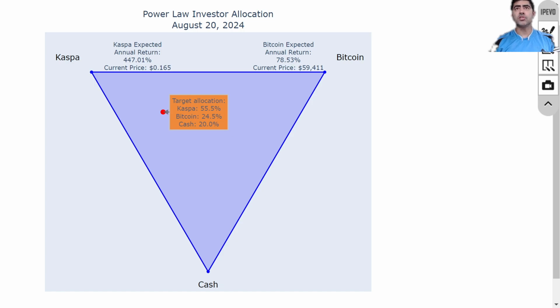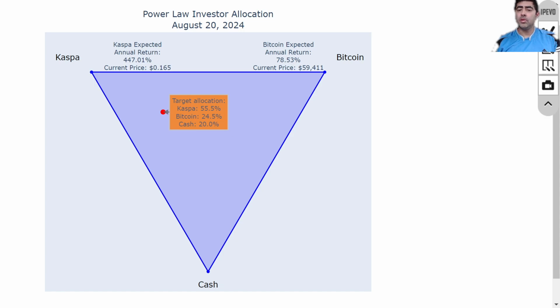Today is August 20th, 2024, and we'll be talking about the allocation into different crypto assets that follow the Power Law, assuming that we're investing about $100 a day, and we'll be tracking the performance of that crypto portfolio over time. This is also useful if we were looking to deploy a bulk amount and what is the target allocation that we would want to.